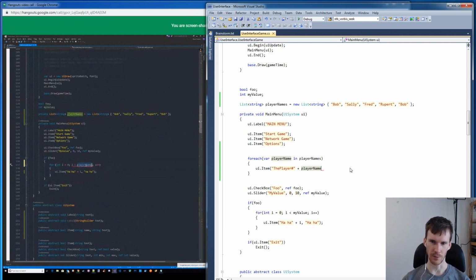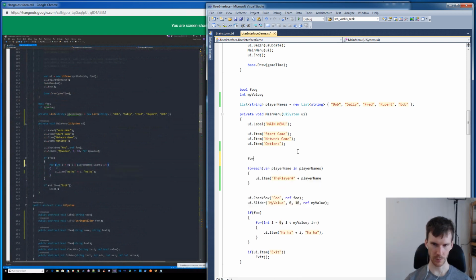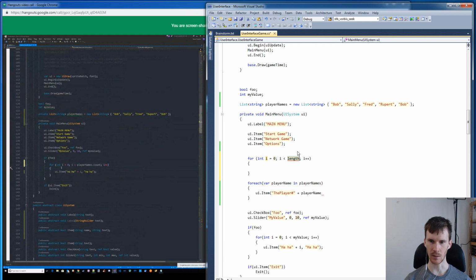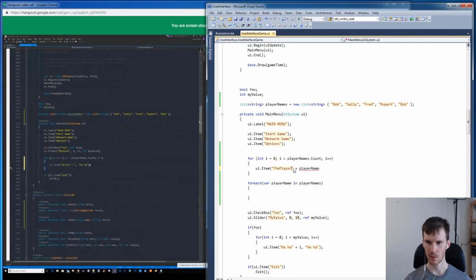So for now, we might do for that names.count, and we'll do it the same way. And then what the text might be is kick player